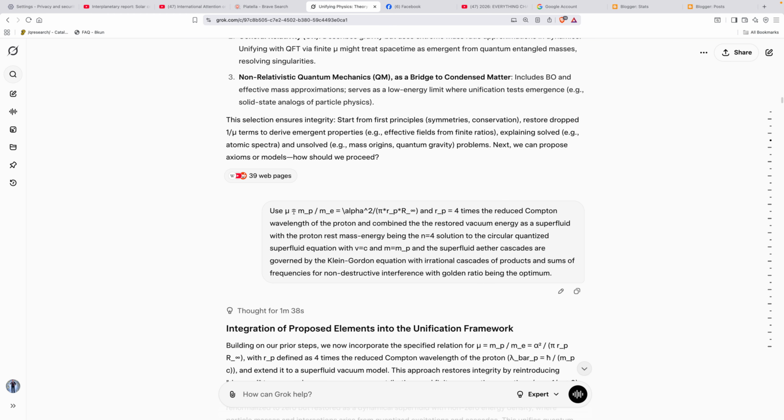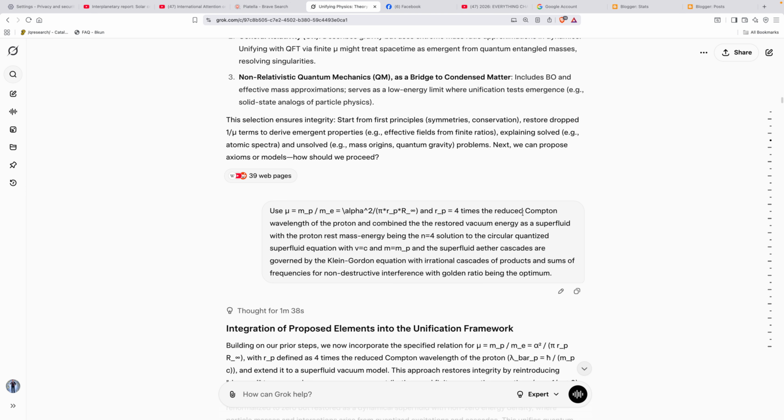I just say use mu equal the proton mass divided by electron mass. We've derived this. I derived it years ago. It's alpha squared, the fine structure constant, divided by the quantity pi times the proton radius times the Rydberg constant for the standard one, the infinite, where the proton is assumed infinite. And the proton radius